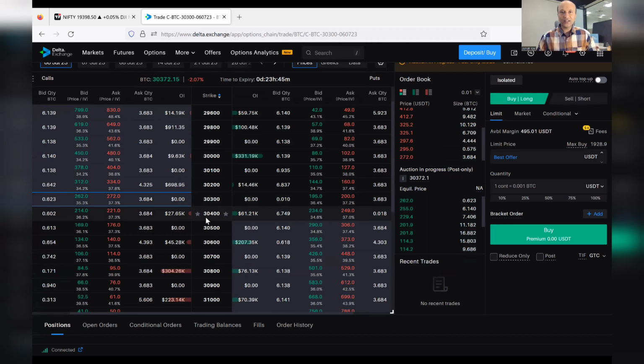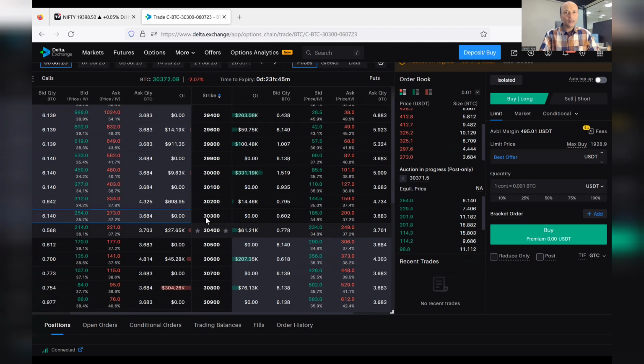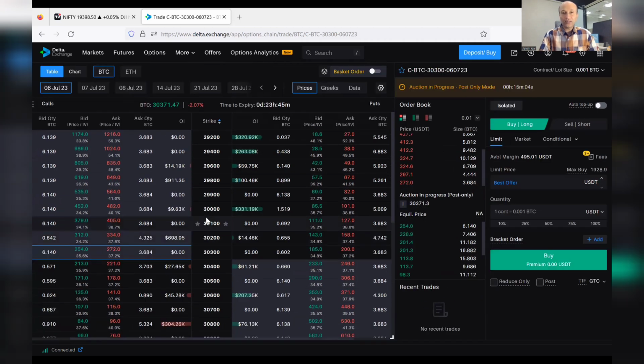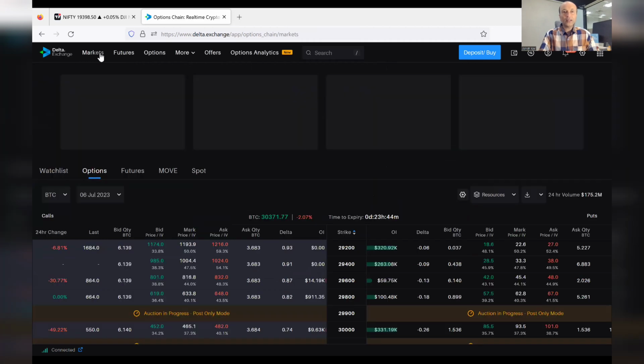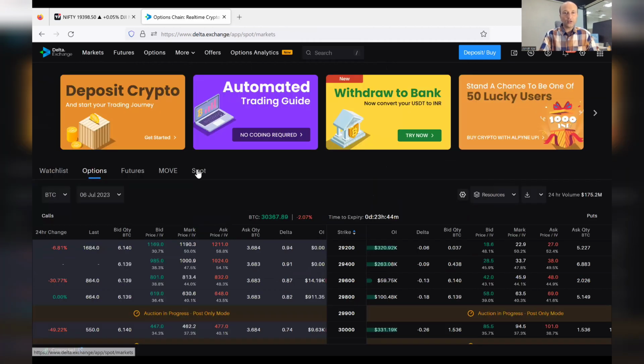Now ये कैसे सिलेक्ट करना है और कैसे ट्रेड करना है, उसके लिए तो यार पहले चार्ट देखना पड़ेगा ना हमें. We need to see what is the chart suggesting and how it is looking on the basis of technical analysis. So I can go here, I can go to the markets. You can even see the options chart. You can select the spot price here,